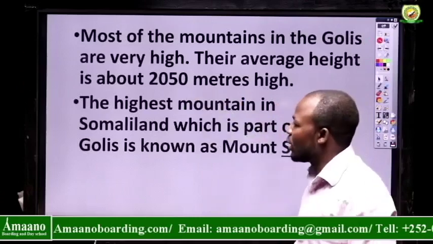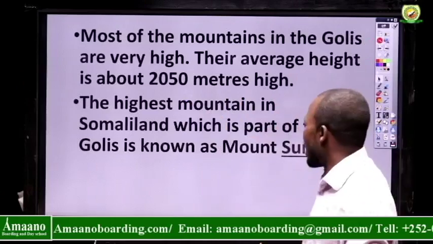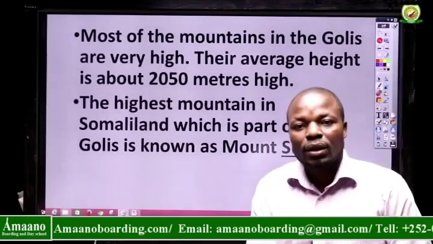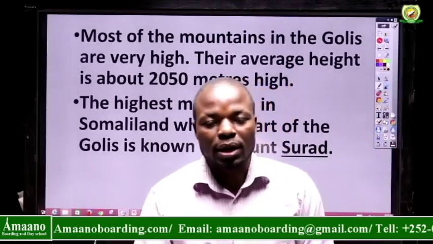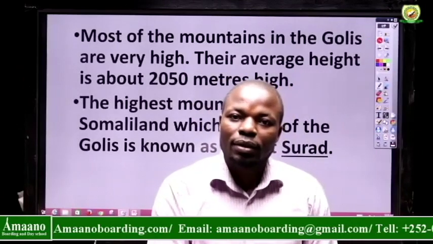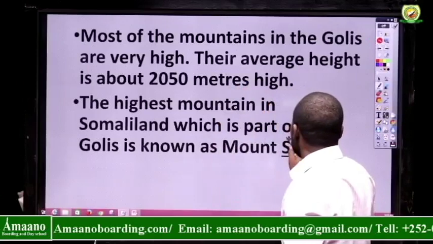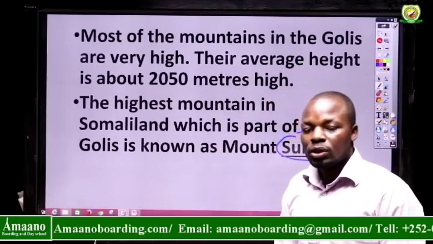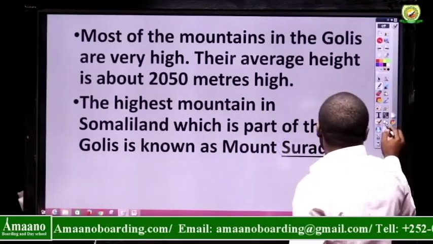Now, the highest mountain in Somaliland, which is part of the Golis, is known as Mount Surad. So next time, class, if you are asked the highest mountain in Somaliland, your answer should be Mount Surad. Mount Surad is the highest mountain in Somaliland. Good. It is part of the Golis. Now, moving forward,